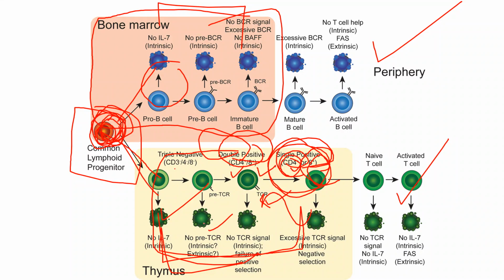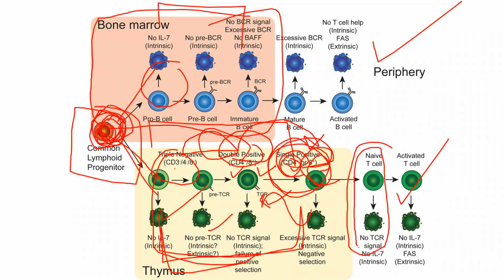And pre-TCR, in which there is no recognition, is negative for all three receptors, that is CD3, CD4, and CD8. So these are the three populations through which development proceeds, from triple negative to double positive and double positive to single positive, and after that these will be naive T cells, which have no ILC signals, and these are intrinsic. Once they encounter any antigen, they will convert into activated T cells. So these are the steps of T cell development which happen inside the thymus only.